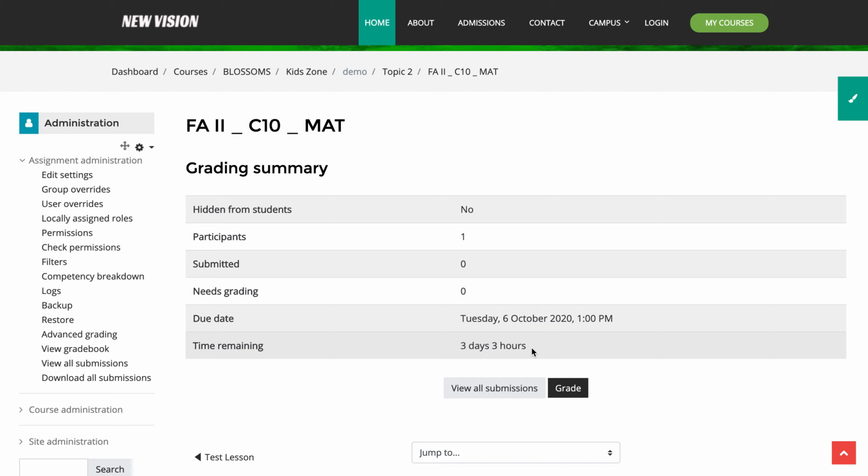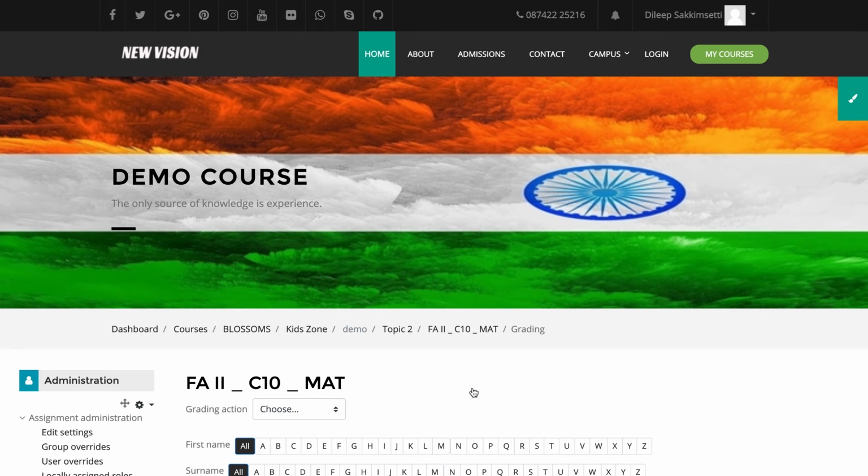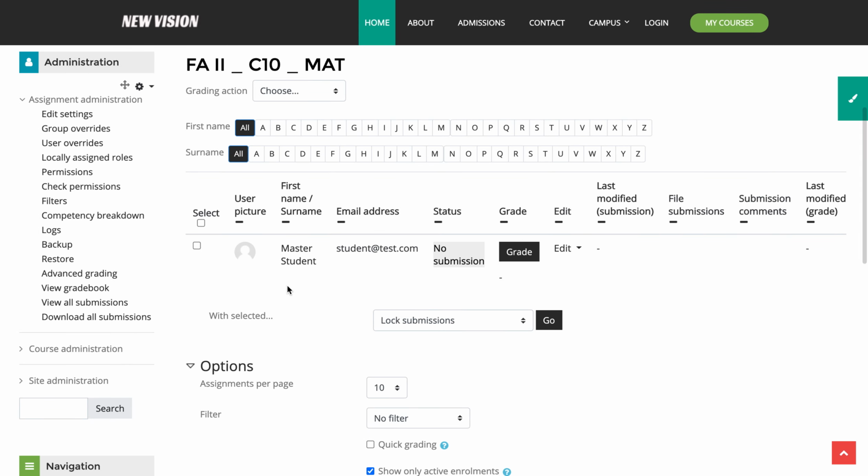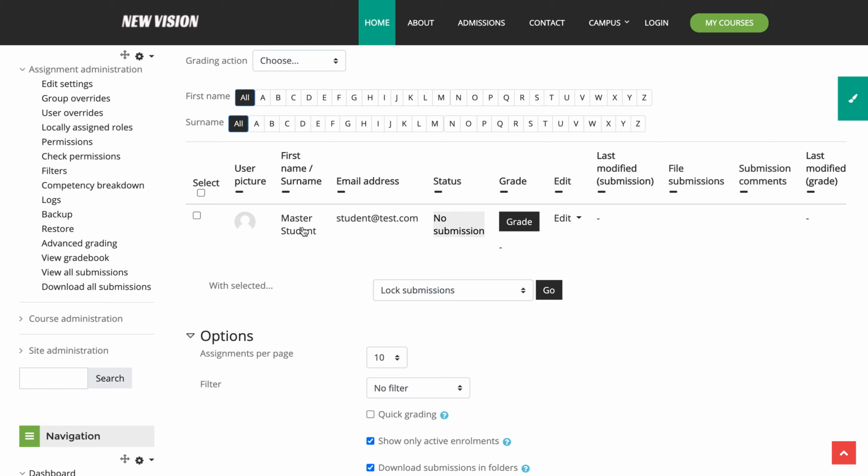Alright, so just let us understand, if a student submits any answer script, how does it appear? So you should click on view all submissions. Okay, so I do not have any student enrolled here. In your case, you might see 100 or tens of students here. So the status will say no submission is made by the student. So if a submission is made by the student, it will say, yeah, submission is successfully done.